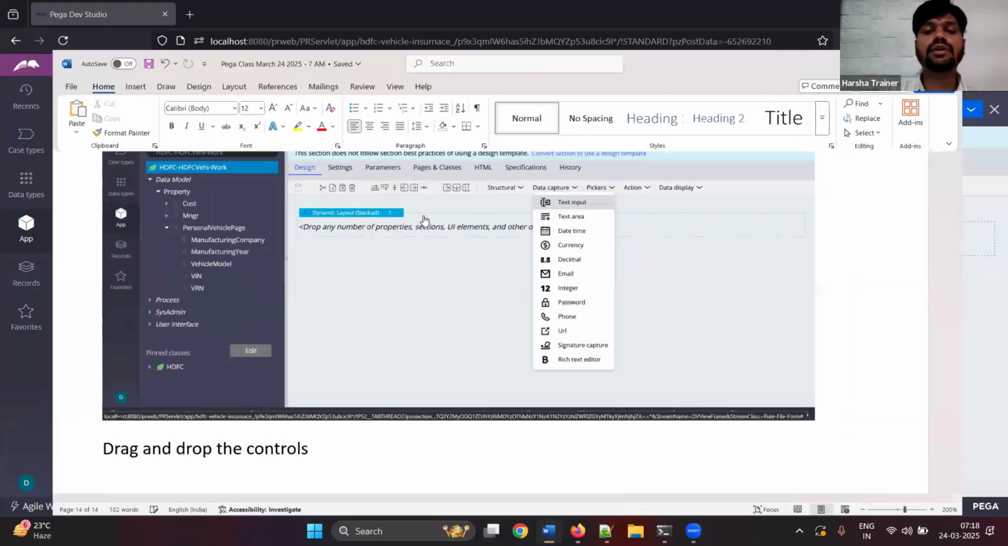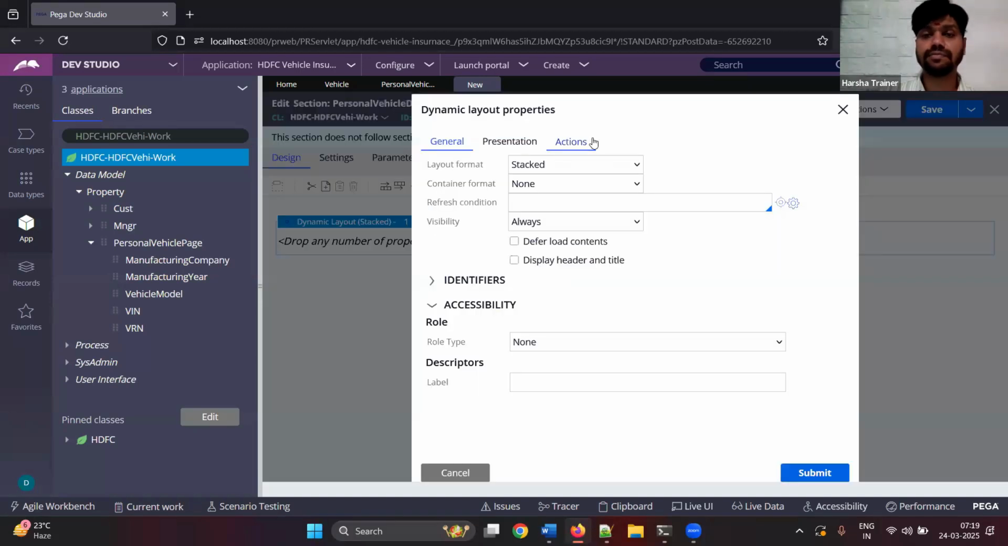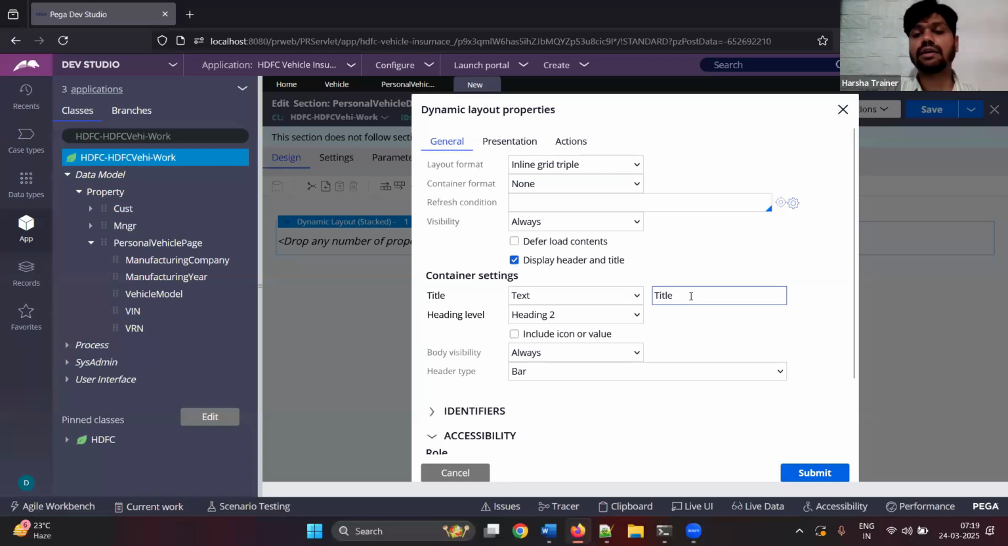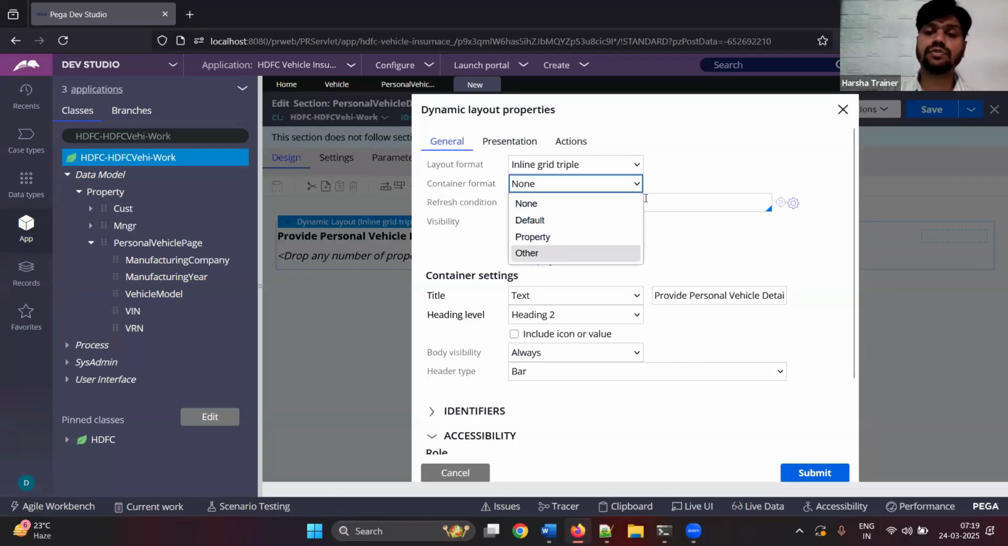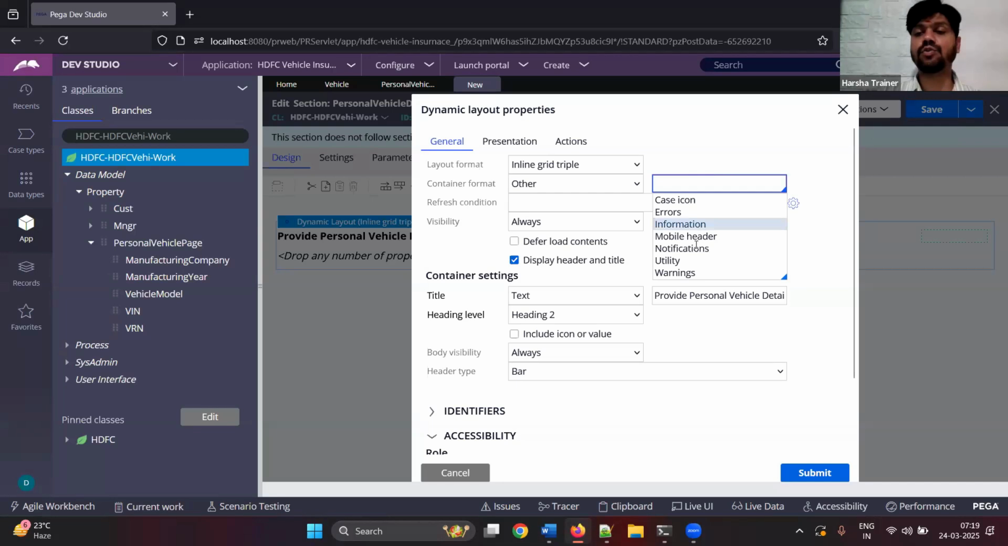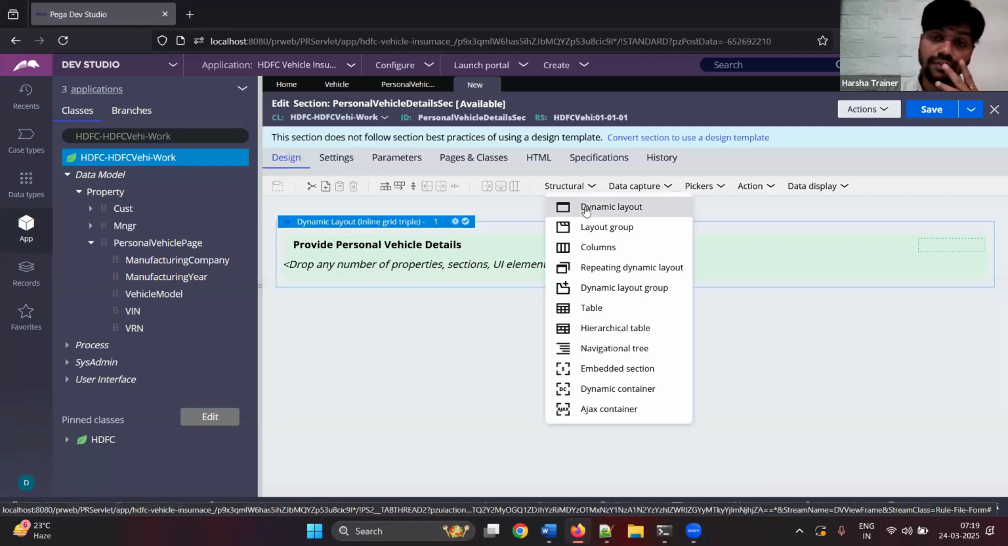Before I drag and drop the controls, I can change the layout structure to inline grid double or triple. Okay, inline grid triple, and I can choose header. Do you know about these things? Header and all. Provide personal vehicle details. And I can choose the container format also to be, let's say, notifications. So this will give you a green color container. Suppose you add one more